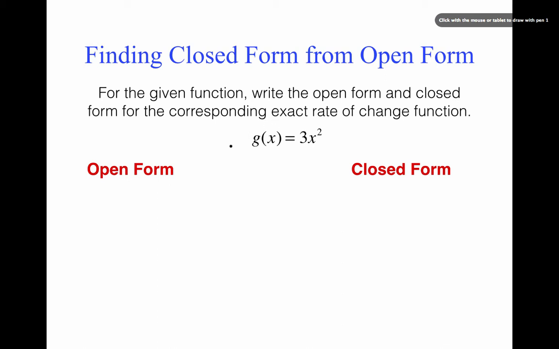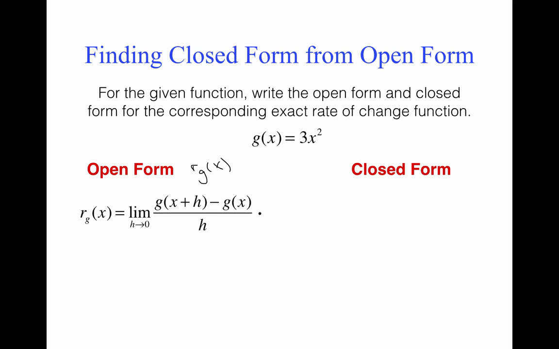Now would be a really good time to pause the video and ask yourself if you can write down the open form for the exact rate of change function corresponding to g of x. So what I'm wanting you to do is pause the video and write down the expression for this function. Now I'm just going to keep talking because you can pause the video. So what this will end up looking like